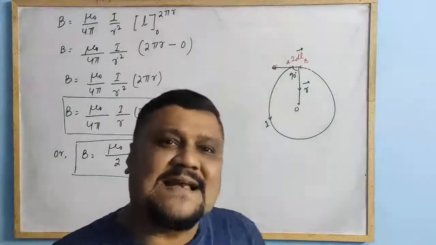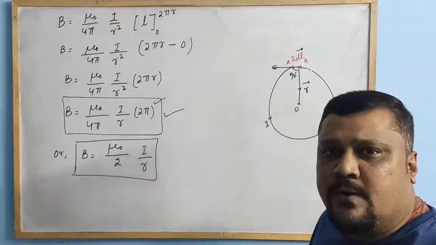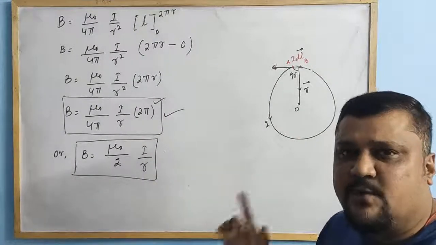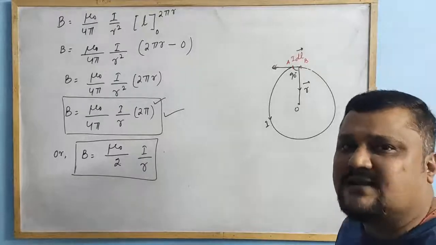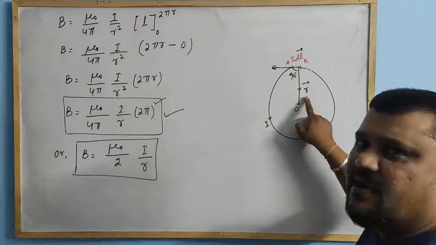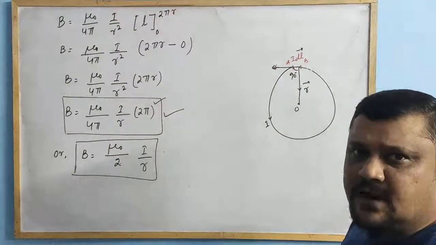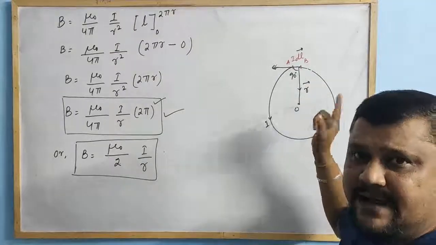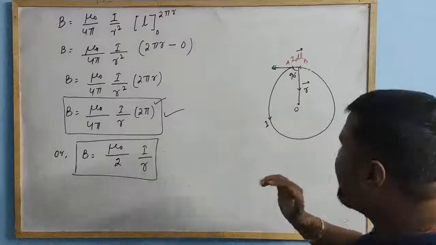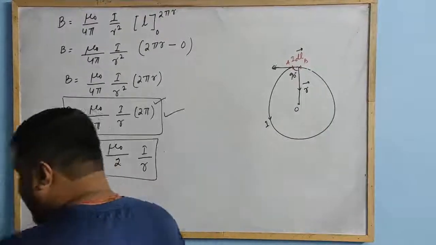Then what is its direction? What is the direction of this current? How can that be known? That can be known by the right hand thumb rule. What is that rule? Now, as you know, the magnetic field is always perpendicular to the plane containing dl and r, because that is dl cross r. So that is the form. On that basis, we will use the right hand thumb rule. So what is that right hand thumb rule?